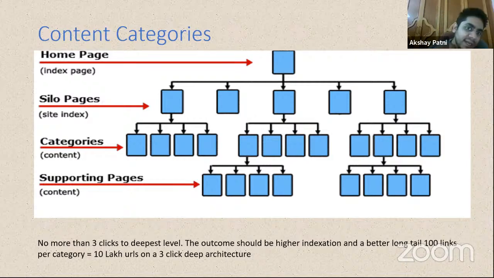Why is it important that one category should not have more than, let's say, 50% of your website? The main reason is that if you have a big website and half of it is in one category itself, then it will become very difficult for Google to crawl it properly. So it's better to optimize it. For better crawlability, it's better that